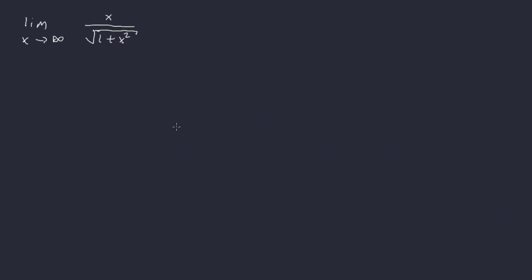All right, so while this seems really nice, L'Hopital's rule seems incredibly strong as far as the possibilities it allows for. Unfortunately, it's not always going to work. So if we take this example, say the limit as x goes to infinity of x over the square root of 1 plus x squared, if we were to use L'Hopital's rule, which we technically can because this will be an infinity over infinity case, the derivative of the top is going to be 1, while the derivative of the bottom is going to be 2x over 2 times the square root of 1 plus x squared. Right, so the 2's will cancel, and then when we invert and multiply, we get